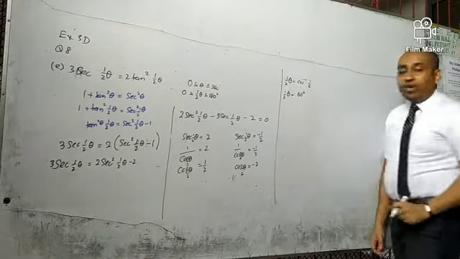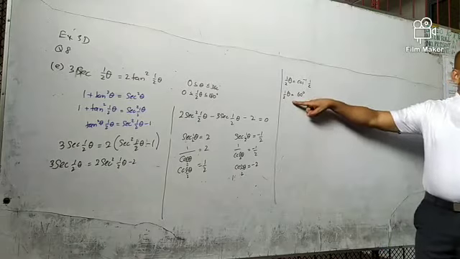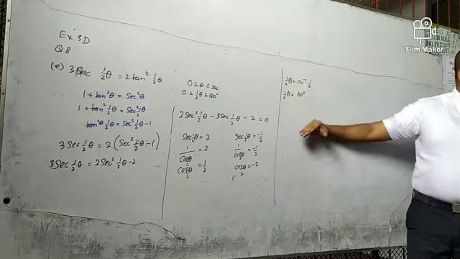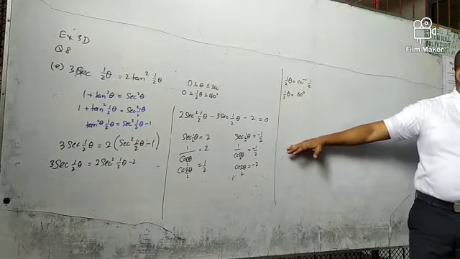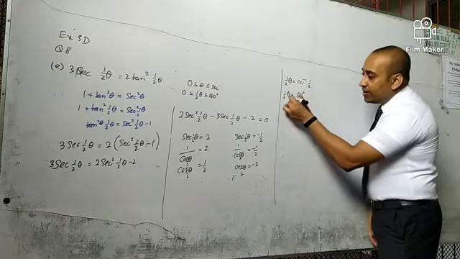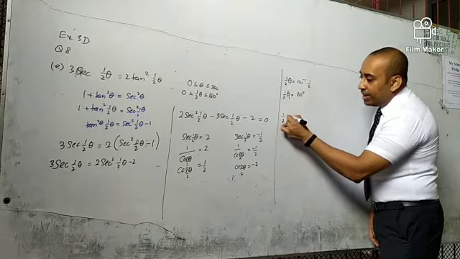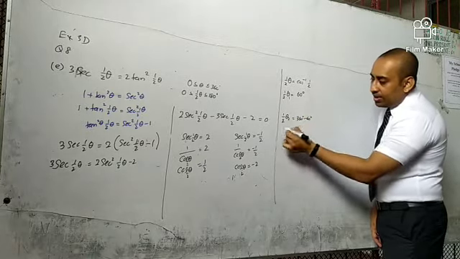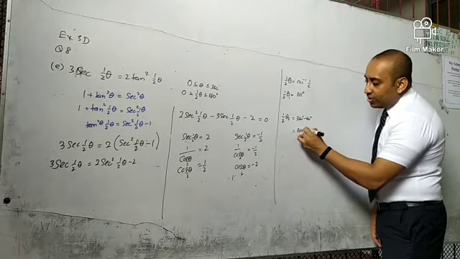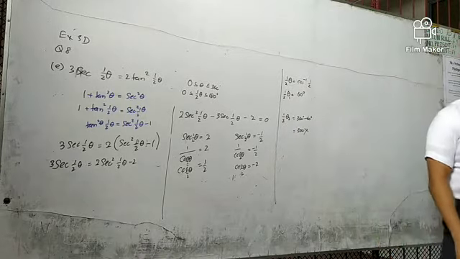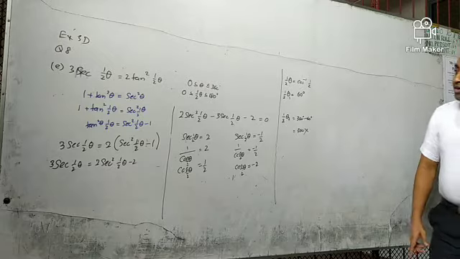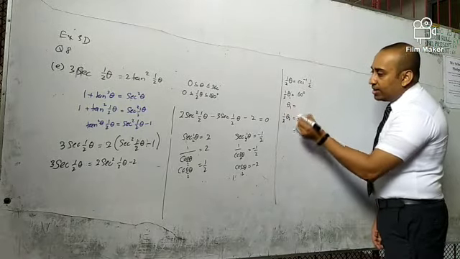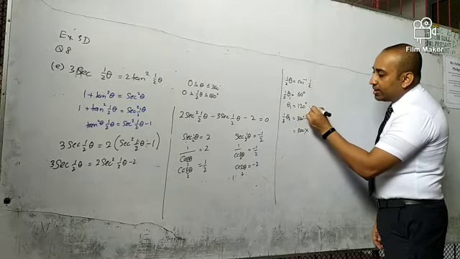Now, as I told you yesterday also, to find the alternative angle, don't simplify this. Keep some space for simplification and do the alternative angles. This is the first angle. Then half a theta 2 is equal to how much? 360 minus 60, which comes to 300. So this is out of range, so no need of putting it down. Then the first angle is 2 times 60, that is 120. This is one solution.